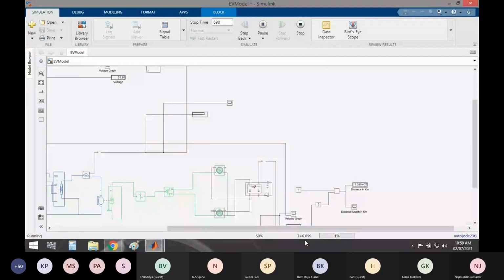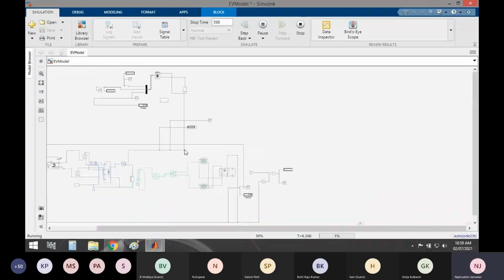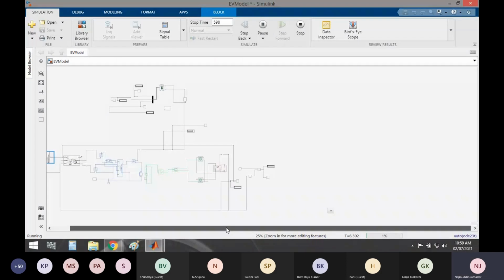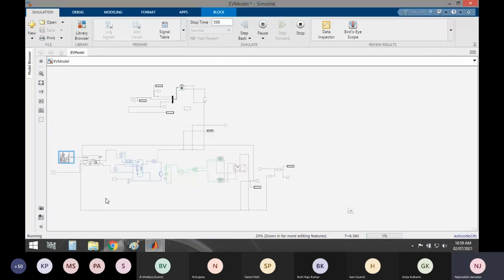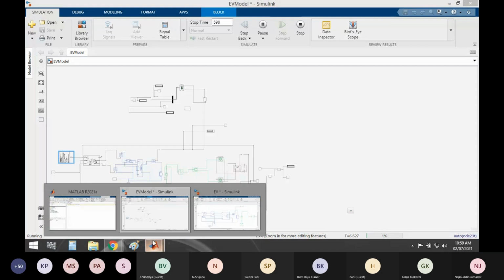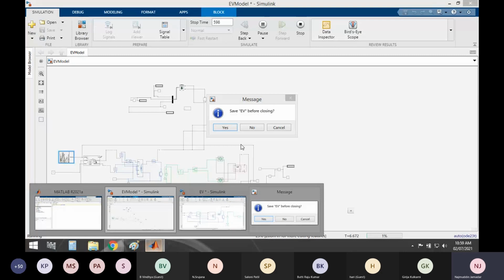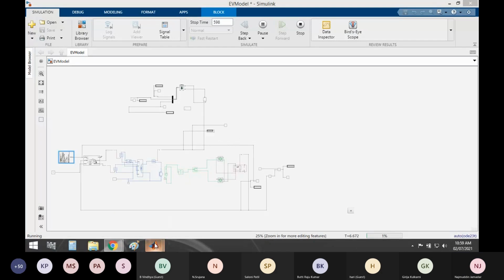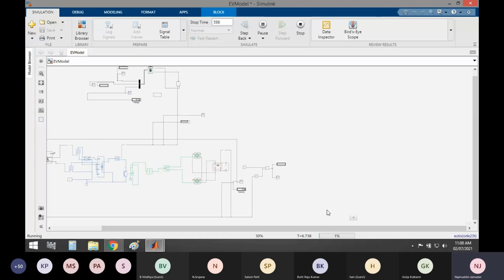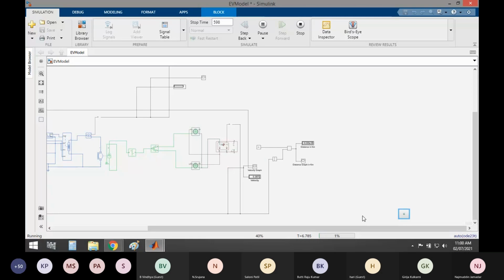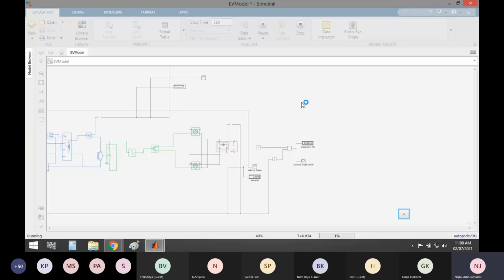Now it is running. You can see the simulation time t is equal to... I will increase its response time.